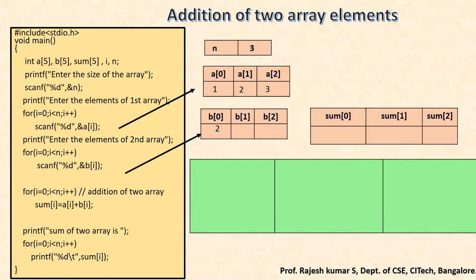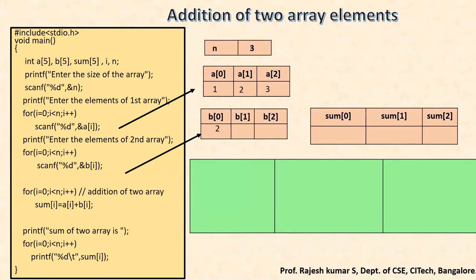In the second array, what do we do? Again, in order to input the values in the second array, just as in the first array we use one for loop and scanf, in the second array also we'll use one for loop and scanf. The only difference is here I'm storing it in ampersand a of I, and here I'll be storing it in ampersand b of I. The process is the same. Again, I is equal to 0. 0 is less than 3. Yes, it is true. It will execute this statement. In this statement, we are storing the first value at b of 0.